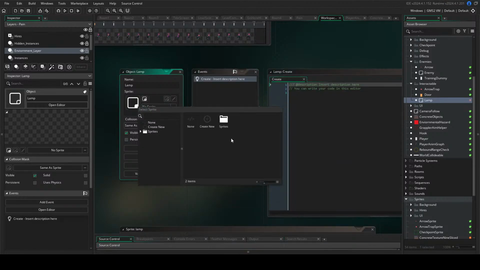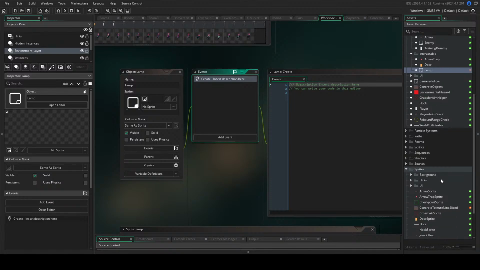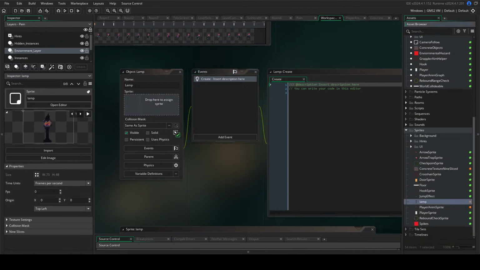Let's create our create event. Let's create a function for turning it on, which is literally just going ahead and saying,